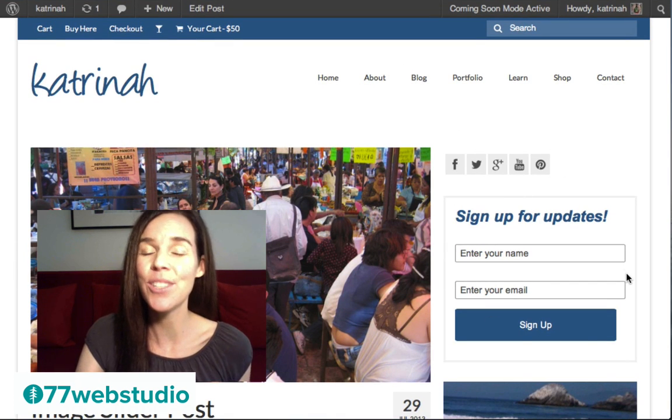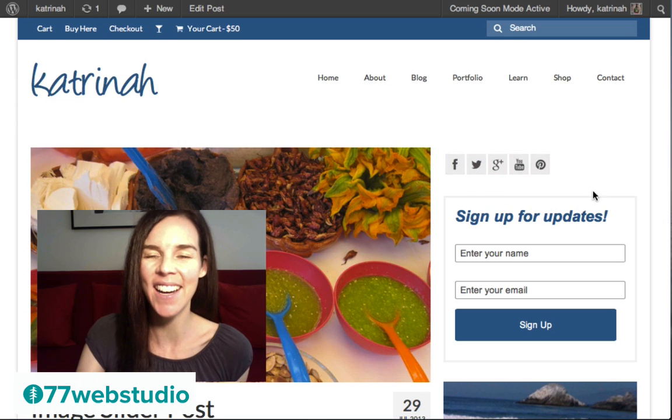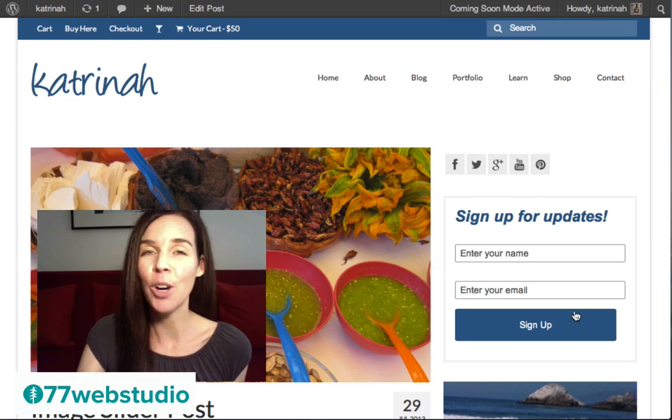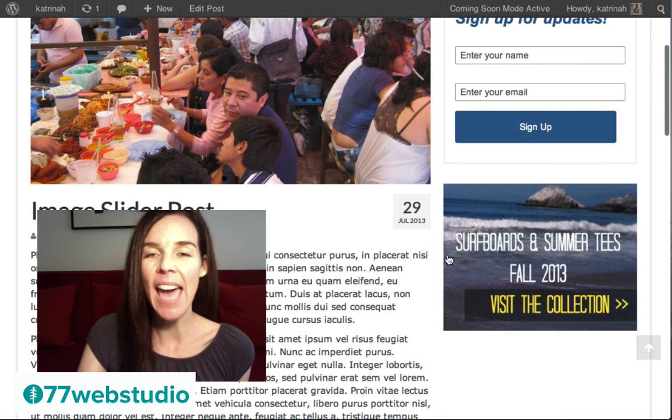Okay, so looking on the right-hand side of this blog post, we'll also have a sidebar. The sidebar includes customizable content once again, and in this video I'll be including those social icons, as well as an email opt-in form so you can easily capture leads to your website. And then I'll be adding an image which also includes a call to action and a link that goes to a page within the website.